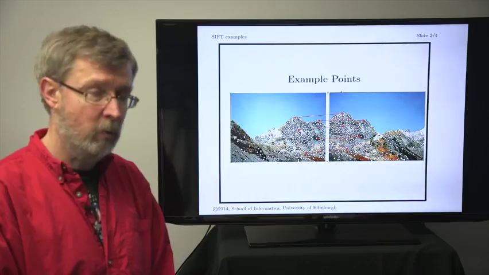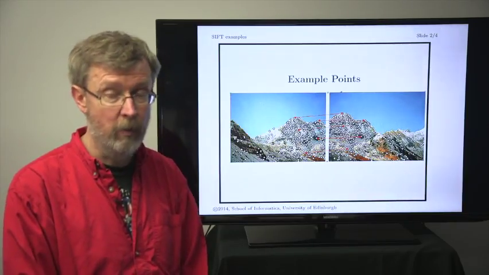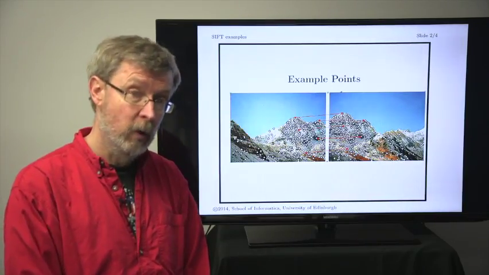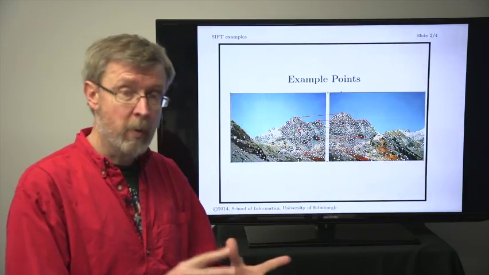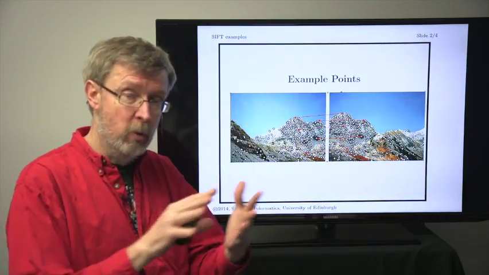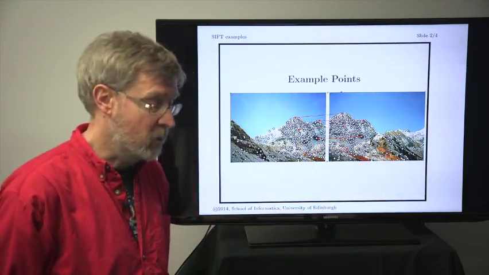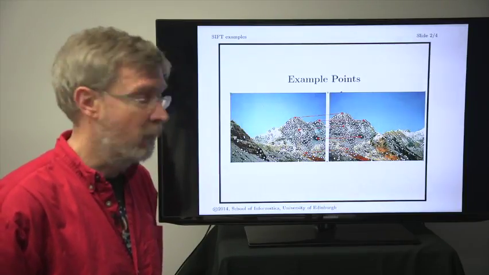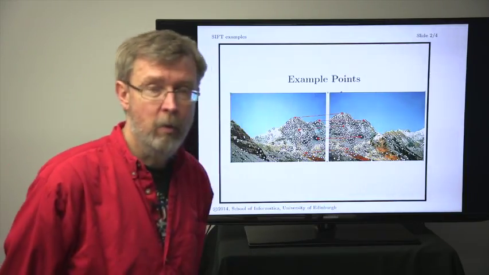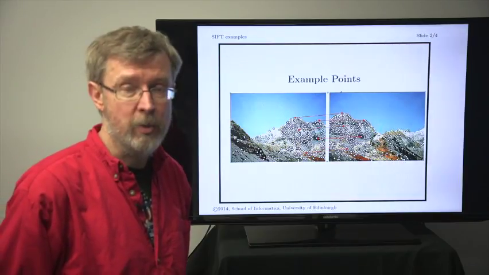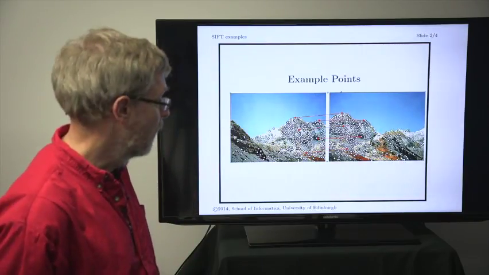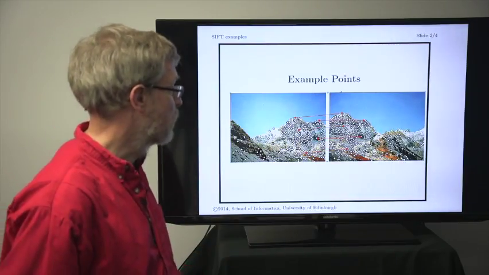You could use, for example, a pair of images like this for doing image stitching if you knew what the corresponding features were between the two images, so you knew how to align them. And this is where the SIFT operator can come in. I think you'll have to look at the images in detail. You probably can't see the features very well in the video, but